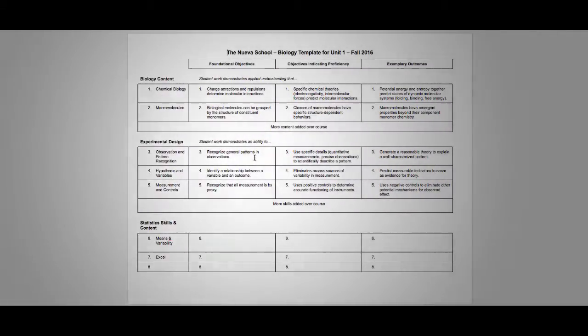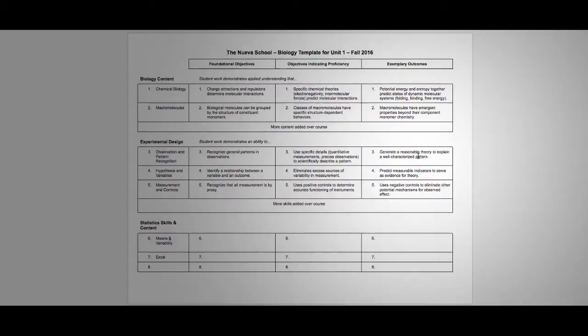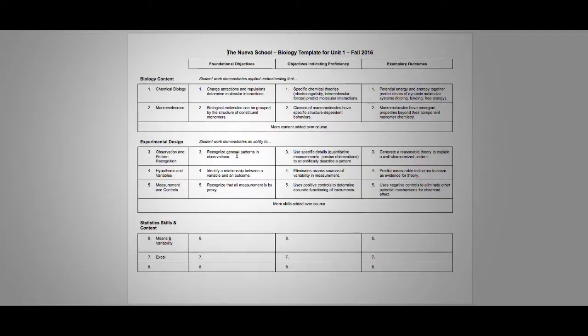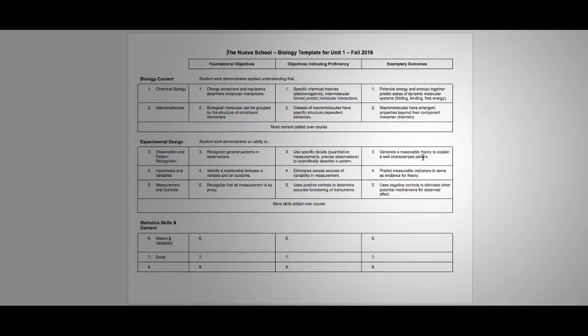The experimental design aspect, I think, is fairly straightforward. The ability to recognize patterns, basically the ability to scientifically describe those patterns, and then at an exemplary level, the ability to find out why those patterns exist. So I see that water is sticking to each other. Oh, that water sticking to each other really is an attraction between an oxygen and a hydrogen. Oh, my electronegativity will make my oxygen partially negative, my electronegativity will make my hydrogen partially positive, and that's why I'm going to get those relationships.